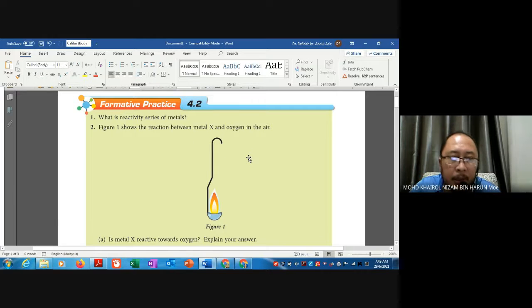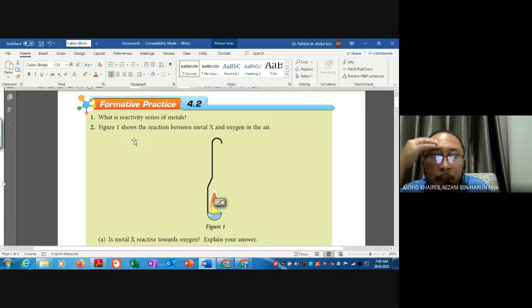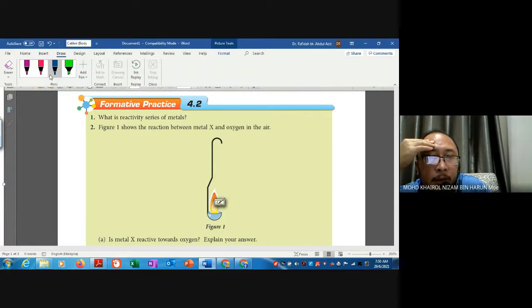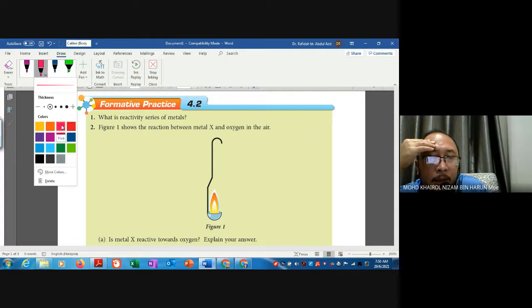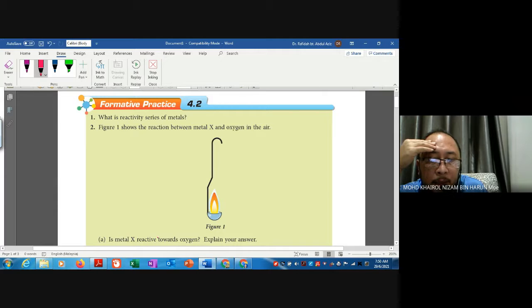The question is, A, is metal X reactive toward oxygen? Explain your answer. As we have learned before, if the reaction occurs between metal and oxygen,